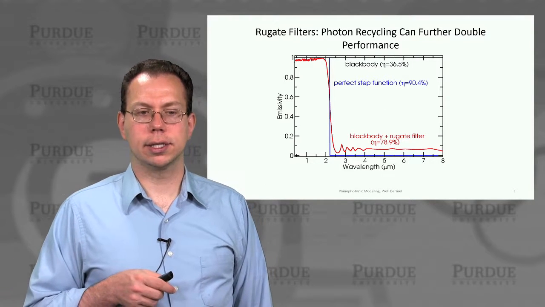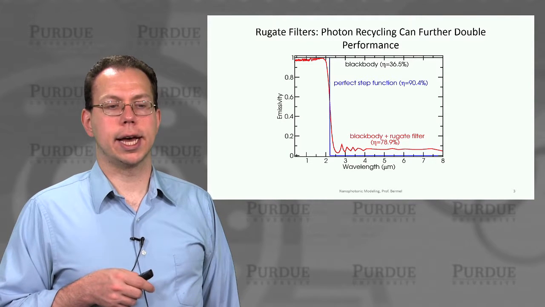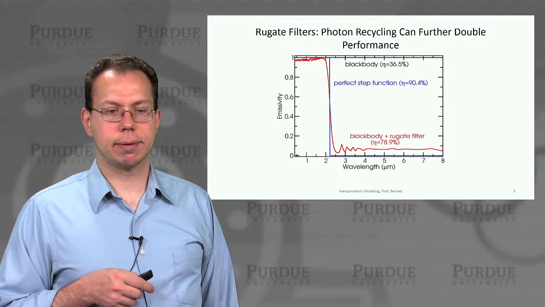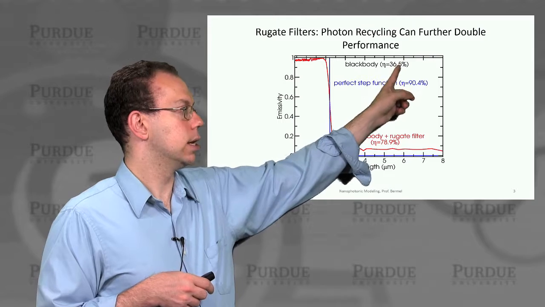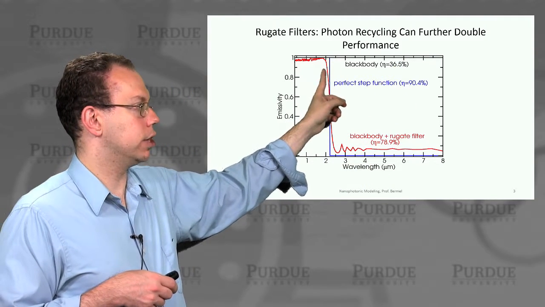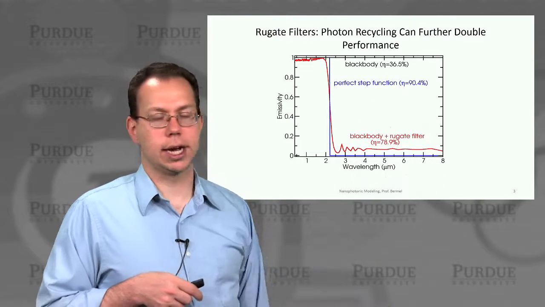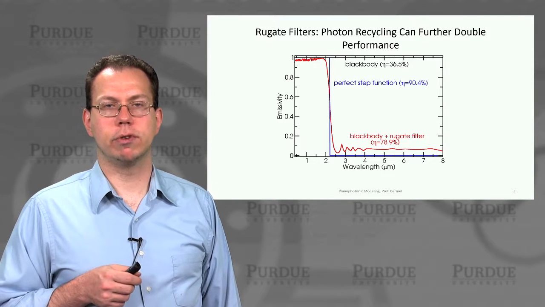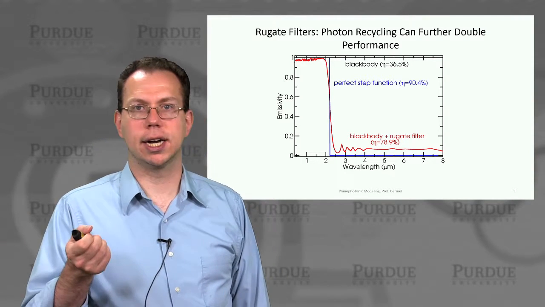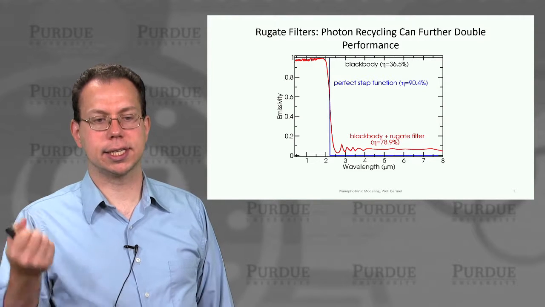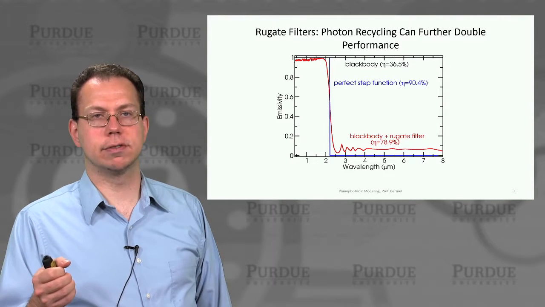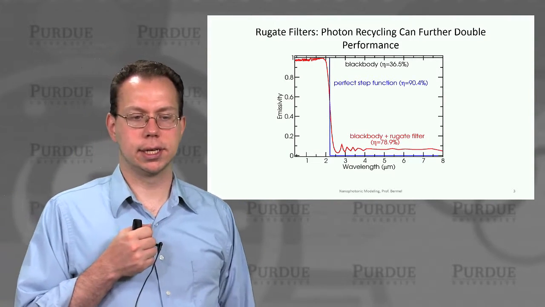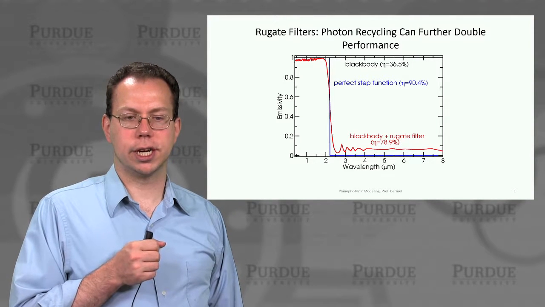And so again, similarly to what was shown in the last slide, we can show that the efficiency of the emission for a black body, say if it emits like this, and then you add like a perfect step function, then the efficiency would more than double, actually, like if you had a perfect photon recycling factor, to about 90.4% radiative transfer efficiency. Now, this is not like a system efficiency, but it just says like that initial step of transferring energy is very efficient. So the only question you may have is why isn't it 100? And so actually the reason is because there is some like thermalization at